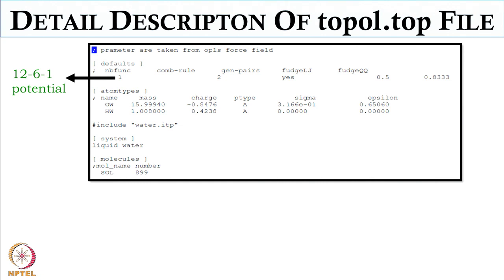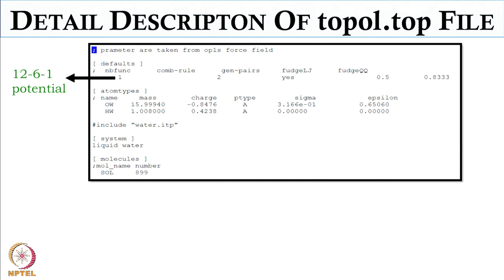Whatever force field you want to use, say OPLS or AMBER, suppose you want to use OPLS for water, you have to go to the directory OPLS. There is a file, aminoacids.rtp. You open the file using the command vi, go to the last line, and just write the residue name of water and the bond length and bond angle. Then you have to use the command pdb2gmx, where the input will be your pdb file and the output will be your topology file.